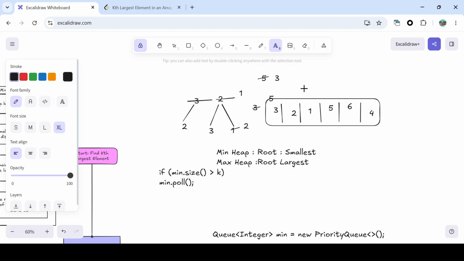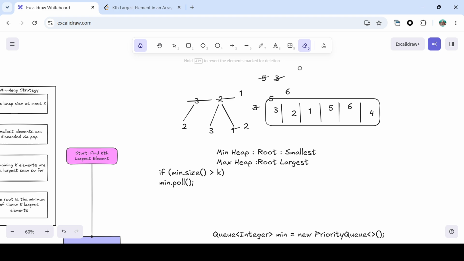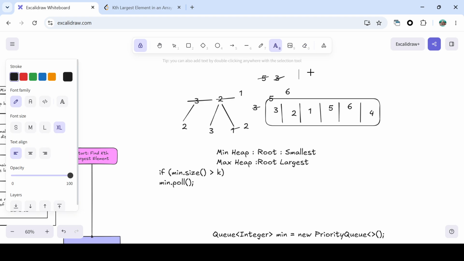6 will come here, and it will check: 6 is greater than 3, and then it's okay, and the size of the heap will be greater than k, so this 3 will be removed. And now 6 will go here, so this is also removed. Here came 6, and then we have 5 value,